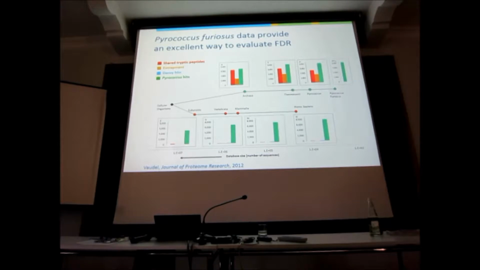But the sequences are dramatically different. In fact, here is the overlap. The shared tryptic peptides between human and Pirococcus are shown here. There are 5, all 5 of which are shorter than 6 amino acids, which are usually excluded from search results. So Pirococcus does not look like us.